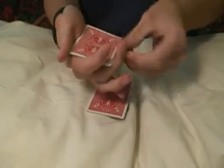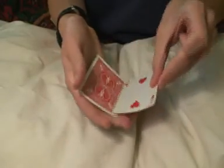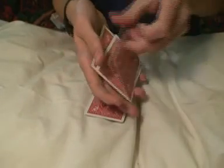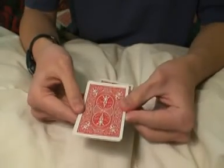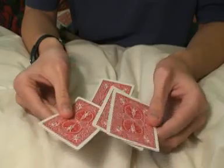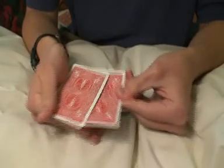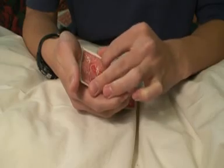So again, you'll double lift and say, there's the two, and then put it back. Then say I put it on bottom, it jumps to the top. Then you're going to say put it on the bottom again, but when you do this, instead of putting one card on the bottom, you're going to put two cards on the bottom. But you're going to do like a double lift kind of a thing, so it looks like that, even though this is two cards. So you put that on bottom, and then that primes the two for its next position